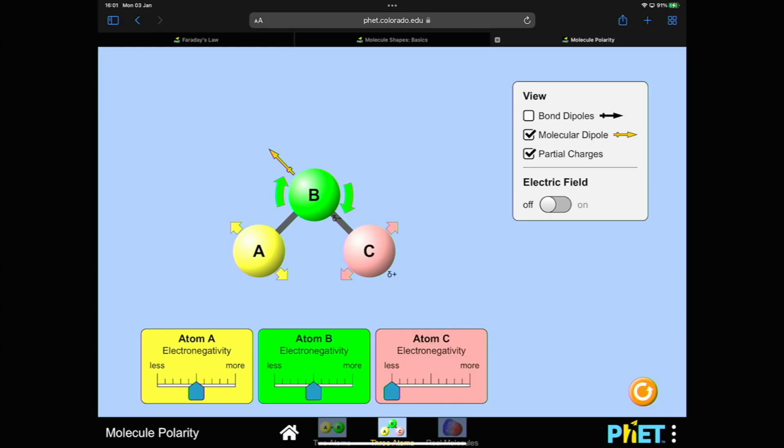I'm going to put the partial charges in there. Can you see if the pair of electrons move towards the C? I'm pulling it towards the C. It's becoming partially negative, and positive at the top. Can you see there at the top with the B? Or moving towards the B will mean the side of C will be positive. Exactly the same will happen if I change atom A, and you can see the polarity is actually changing. Guys, it's important that you play a little bit around.